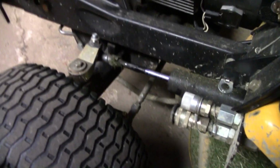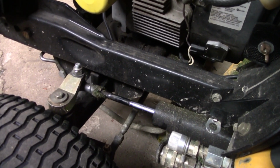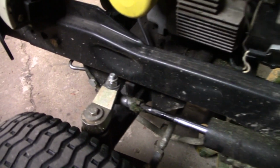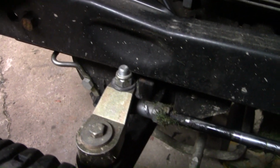Alright y'all, if you remember, in the last video, I showed that I mowed and the lines were way crooked and everything. I think I figured out what's wrong with it. I thought it was the cylinder, maybe had a little leak in it and letting the pressure bleed off, but if you watch right there,